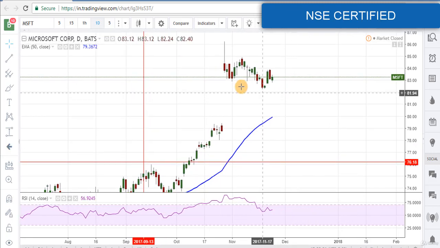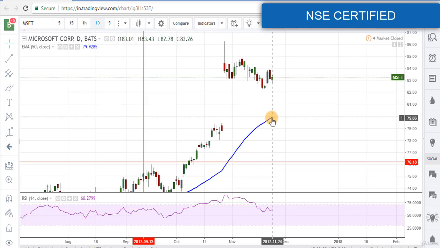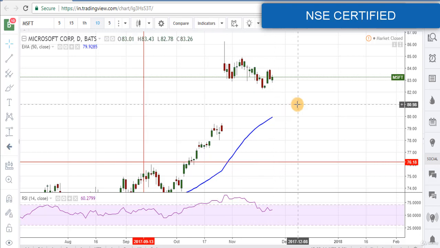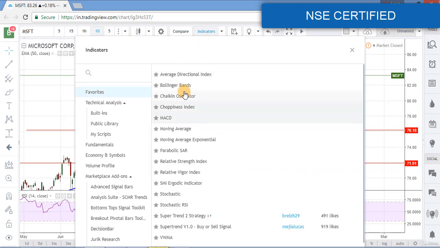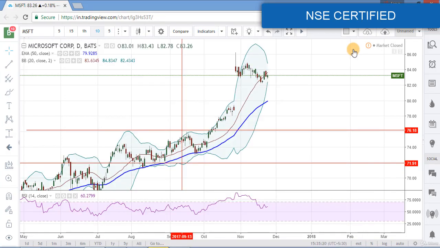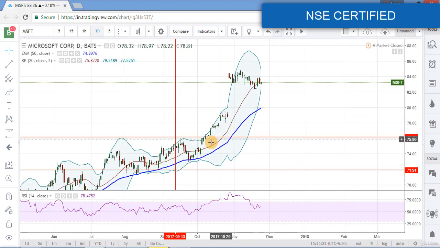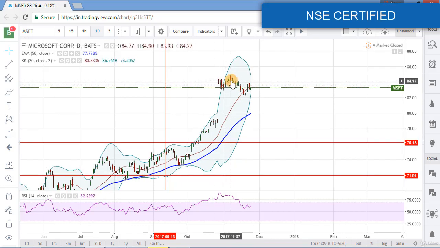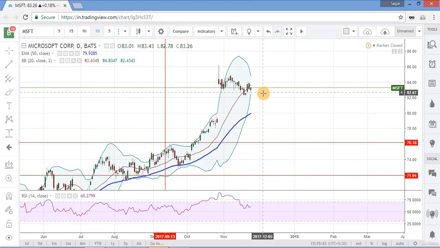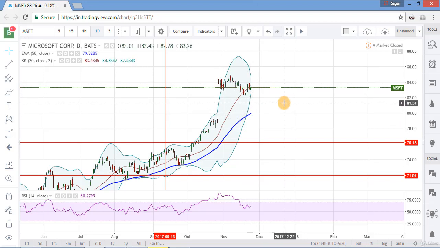Again, this is the in-between position. Price may come down to the extent of retracement, this trend line, then we can buy the stock. If we add a Bollinger Band to this chart, then we can see this is the Bollinger Band. Now the upper line and lower line of the Bollinger Band are coming close. So the stock might move in a range between these two lines and then it may come to the extent of this trend line. That will be our potential buying point.